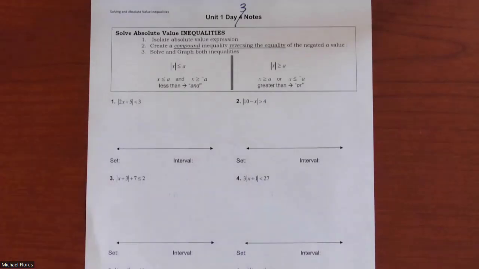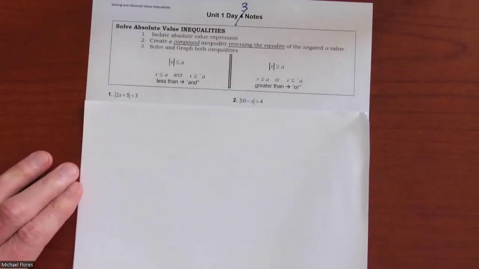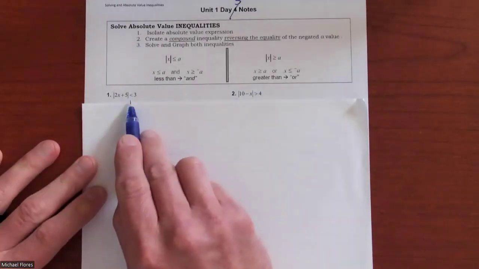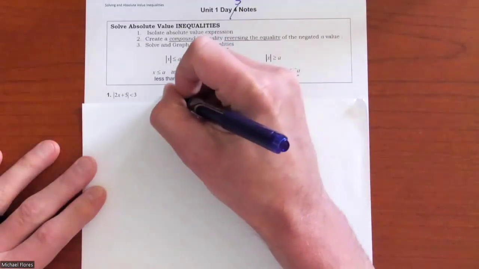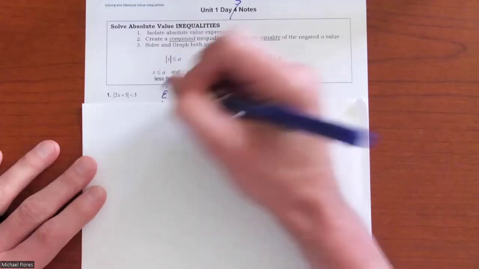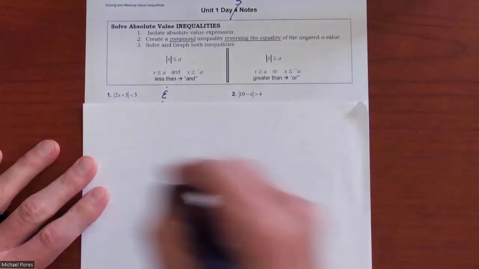Okay, this right here. Notice the absolute value is isolated. Great. Now, take a look at the inequality. This is a less than. Think less than. This is a less than. So I want to make a note to myself. I'm going to write that this is an and statement. And what we're going to do